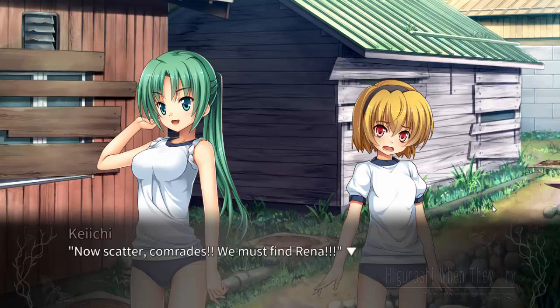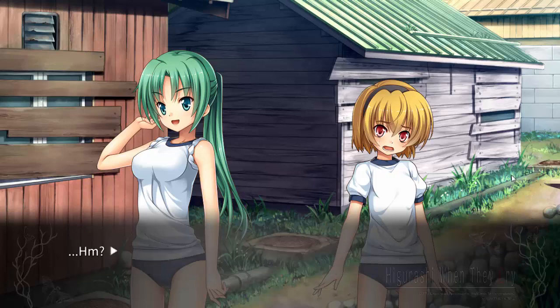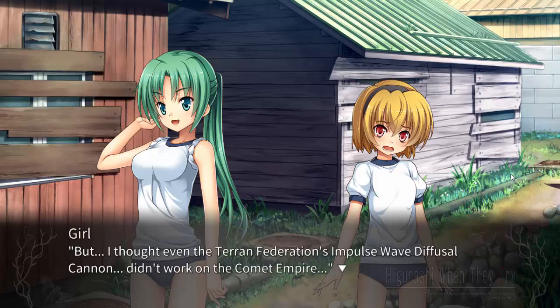さあチレ同志諸君レナを探し出すのだ My comrades in the lower grades let out an enthusiastic cheer and dashed off in various directions around the grounds. There's still one person who hadn't gone. でもたとえレナさんでも月を押し戻すことなんてできるんでしょうか？